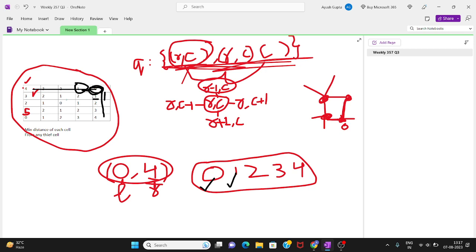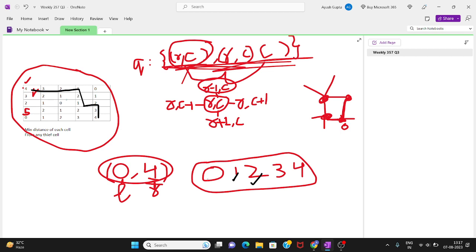Now in any way I can choose a path that has a value 1. So this path is going to have a value 1, so I can obtain this also.